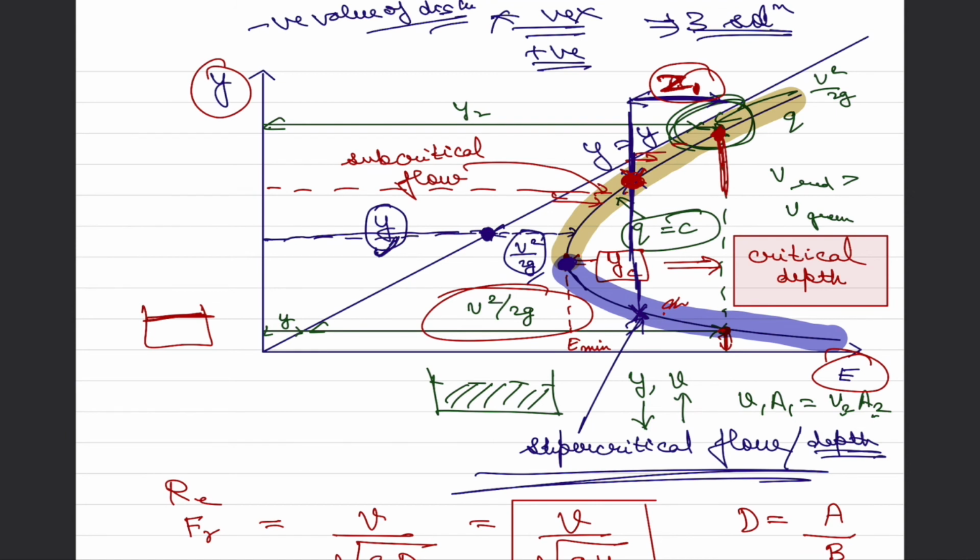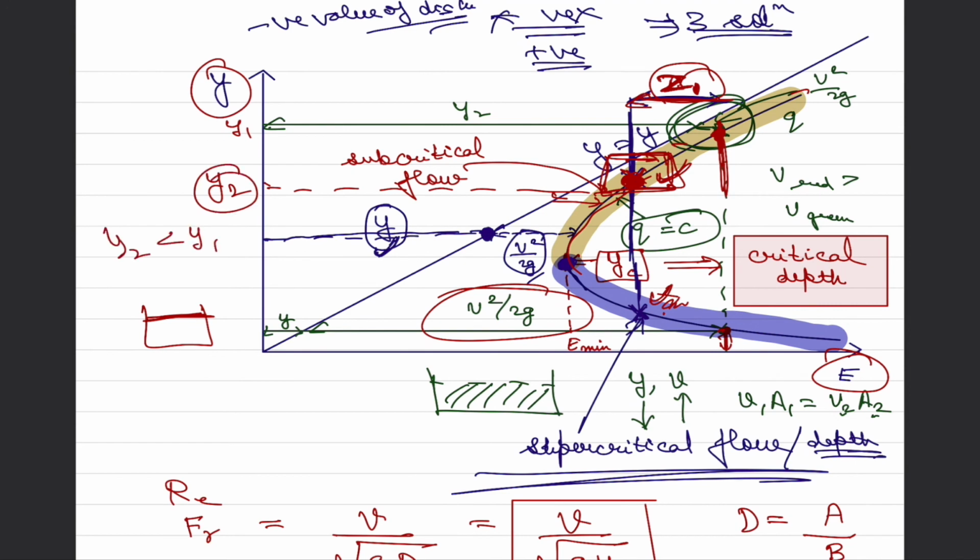And it is very clear that in this case, since specific energy is decreasing, and if our initial flow was subcritical, it will go in this direction and become equal to some lesser value, and it can go to either this point or this point. And we will talk about which of these two solutions is feasible. But as common sense would say, going all the way till here, it would find a stable state here. So our new depth is still going to be subcritical with the value of y2,